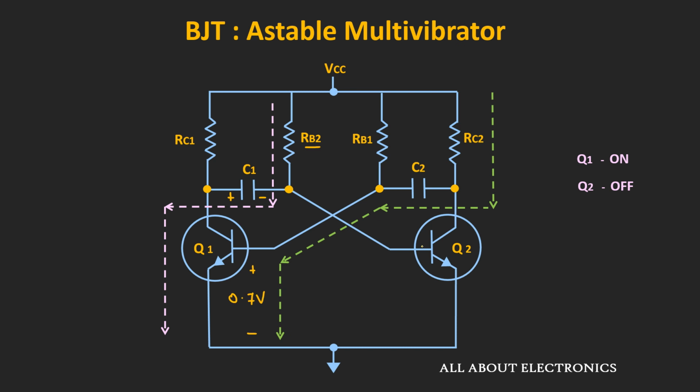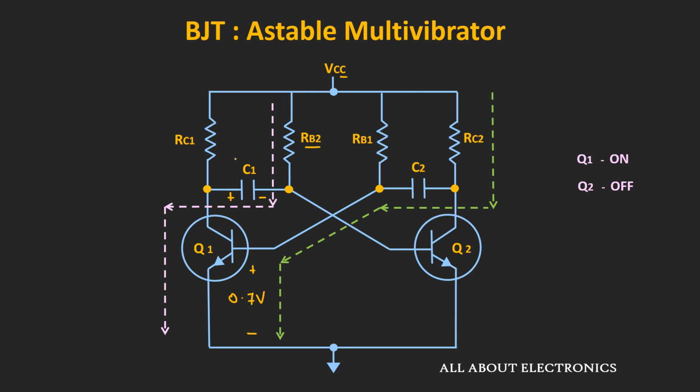That means the left hand side of this capacitor C2 will be at 0.7 volt. So we can say that this capacitor C2 will get charged up to the voltage VCC minus VBE, or to be precise, the voltage VCC minus VBE of this transistor Q1. But here we are assuming that for both transistors the value of VBE is the same. On the other end, this capacitor C1 starts charging towards the voltage VCC.